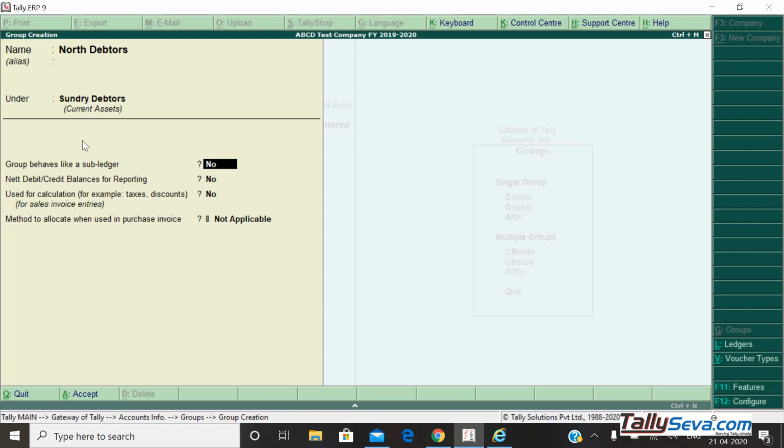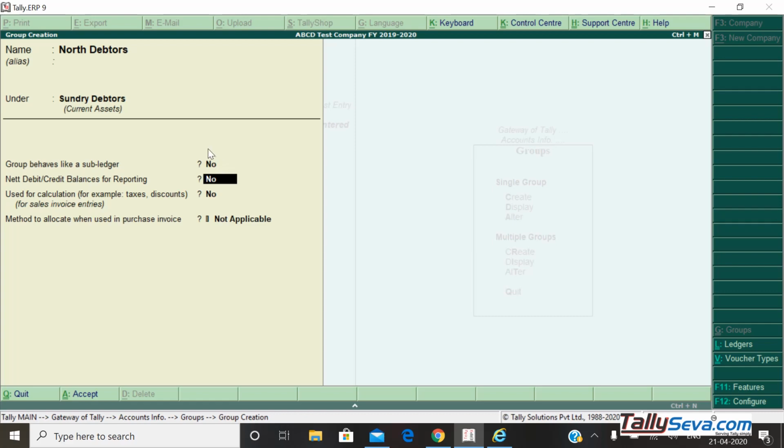These are some of the features I will explain. Group behaves like a subledger: this is an option while displaying in detail mode, like in trial balance. If we don't want the sub-grouping detail, then we simply set yes, meaning we don't want the detail always to expand.